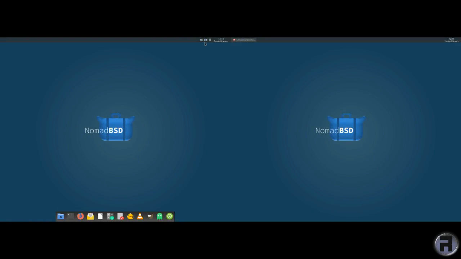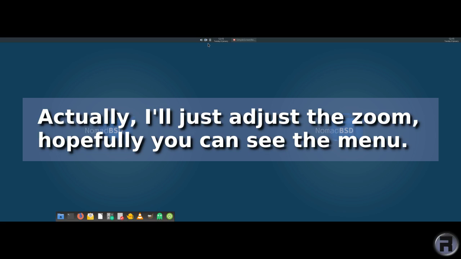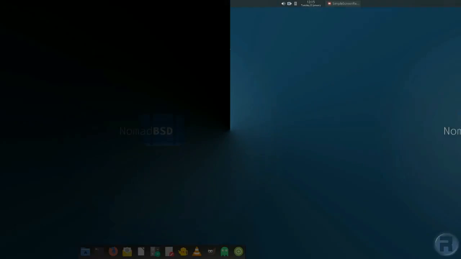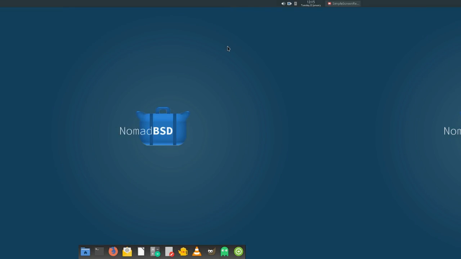Right, this is NomadBSD 1.2 Release Candidate 1. This is the desktop that you see when you first log in. As you can see, it takes up 2 monitors. So what I'm going to do is restart Simple Screen Recorder so it only records 1 monitor. And for those who are wondering, this is running on my normal everyday machine via the USB stick which you saw